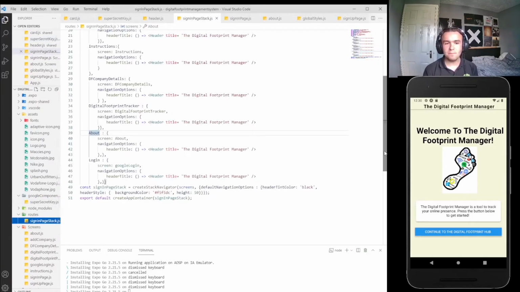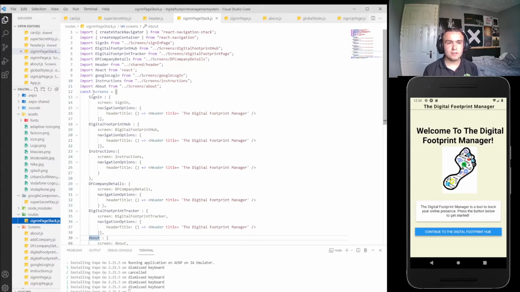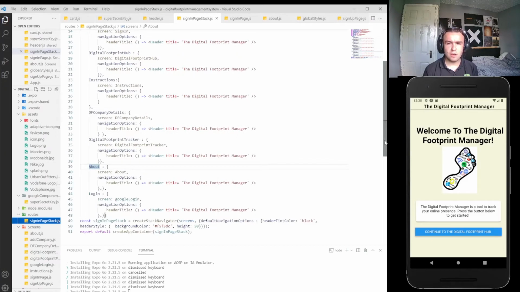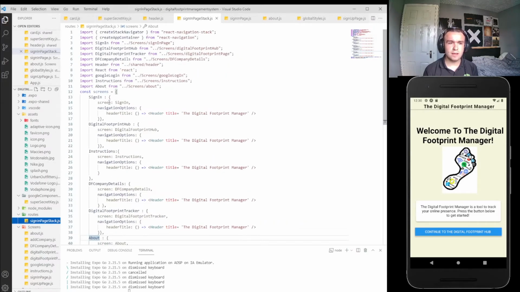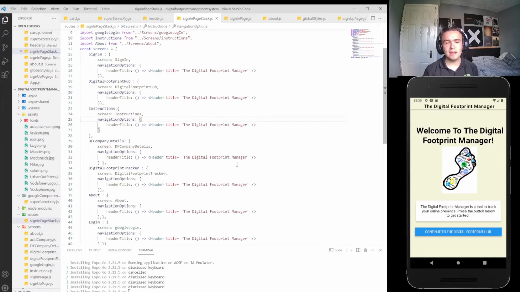So what we have here is a list of screens. We have all the screens here, and this is where they're all stored. This is what their names are called, and the navigator basically combines these together in a stack navigator. So what a stack navigator does is